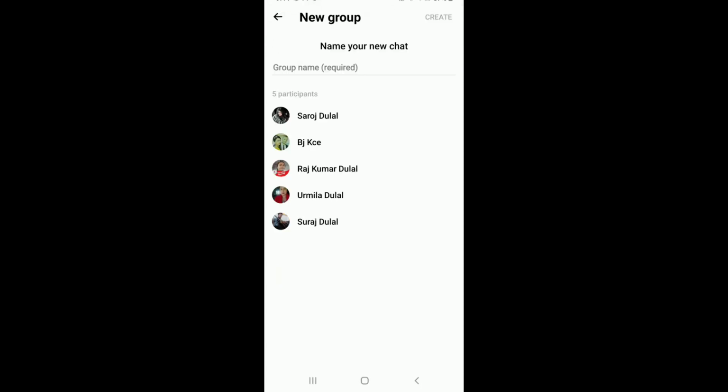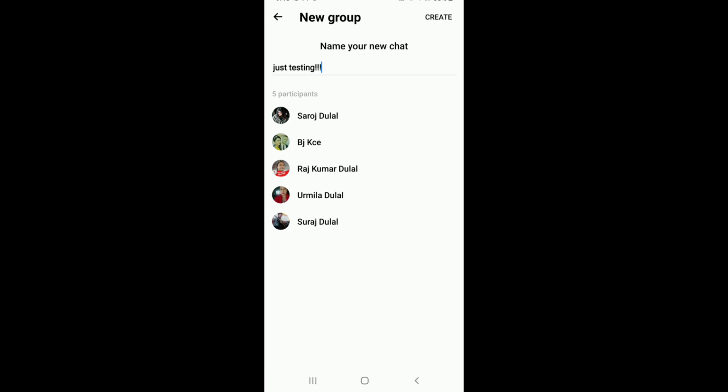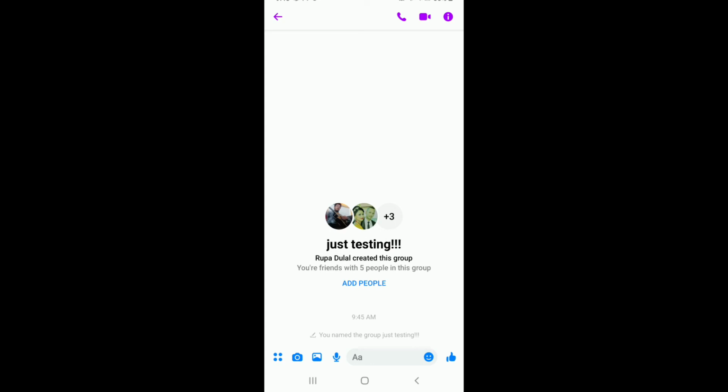the upper right corner. The next thing you'll need to do is name your new chat group. Tap on the group name text field and type in the group name. Once you do that, tap on Create at the upper right corner and you have just created a new group